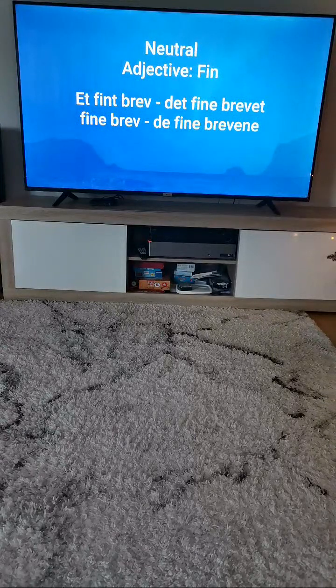For neutral nouns, there's one small difference. The singular indefinite form gets a T at the end. So in this example, we have et fint brev, det fine brevet, fine brev, de fine brevene. And this means, by the way, a nice letter. Fint means